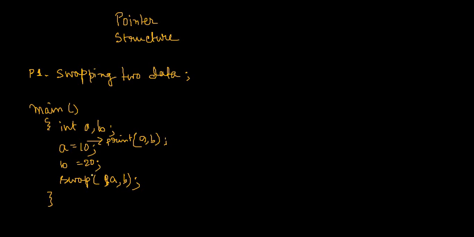Now, there is a limitation of a function: it cannot return more than one value at a time. That means after swapping, you cannot return both a and b. So that's why I have considered it as void. There is no other choice. So if we consider swap as a void function, and we define the swap function, it will look something like this.